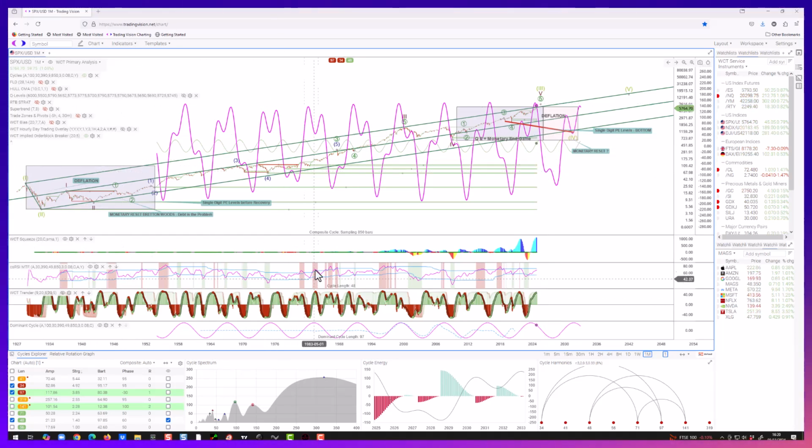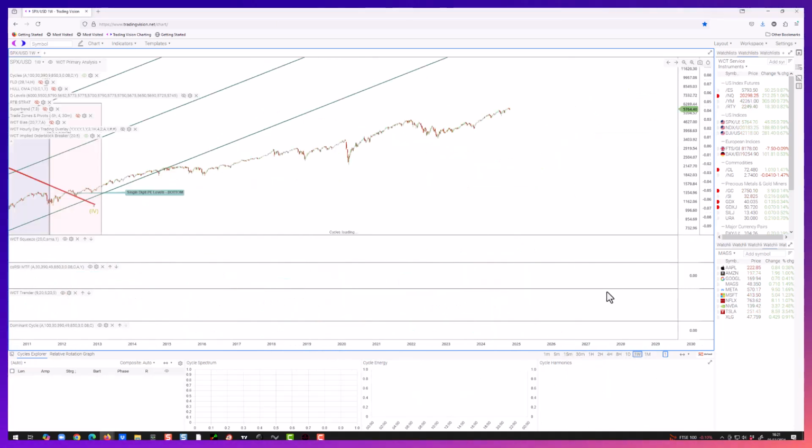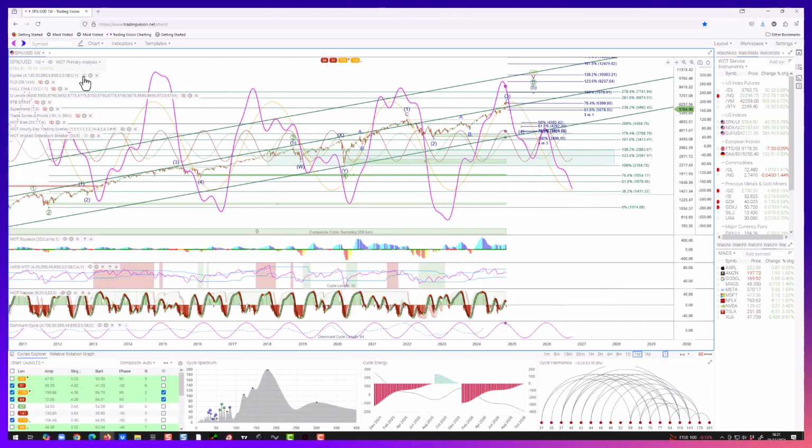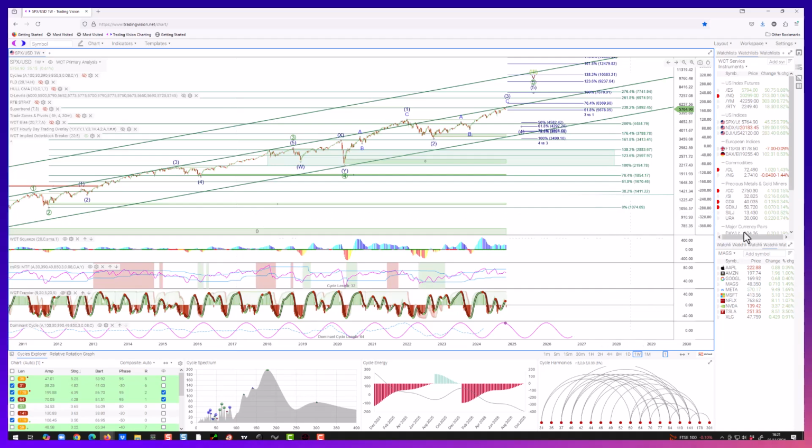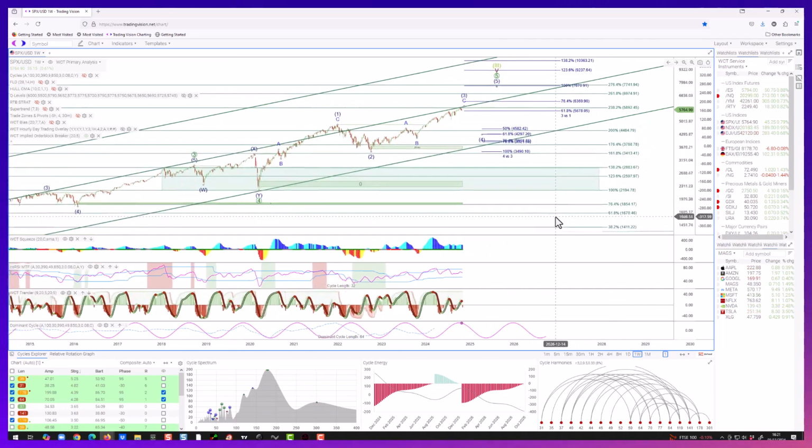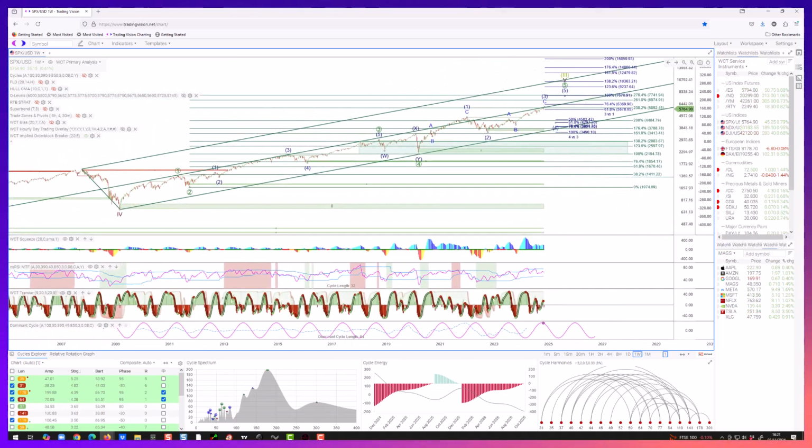Now that's very long term, that's the monthly cycle. If we then come down to a weekly basis, and I'm just going to take the cycles off for a moment, and if I just go here, that's the low that we saw in March of 2009. Counting up from there, 5 up to here for a 1, 2, 1, 2, 3, 4, 5 for the 3 into a 138.2 fib,